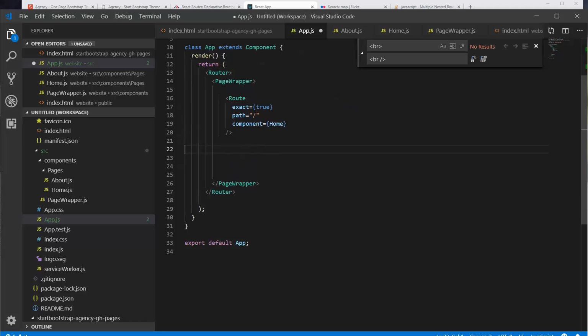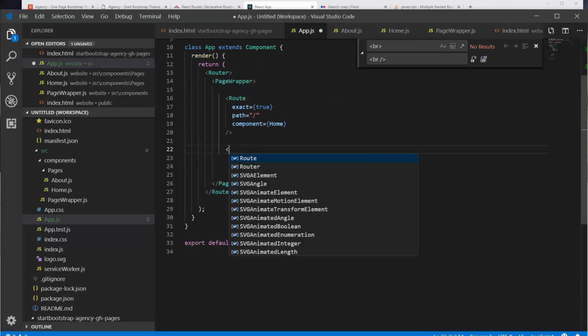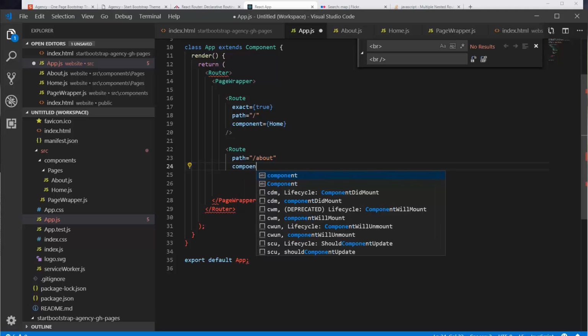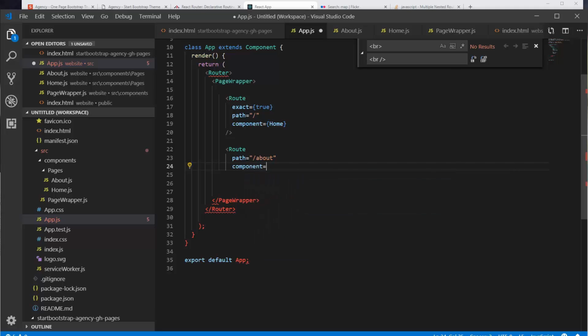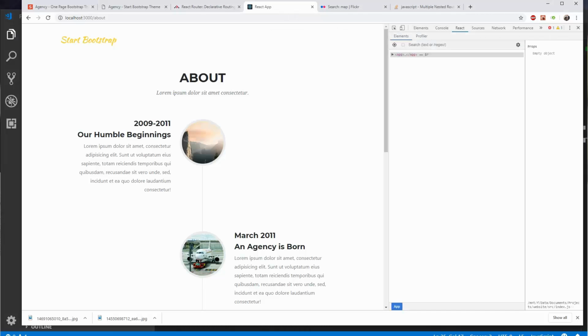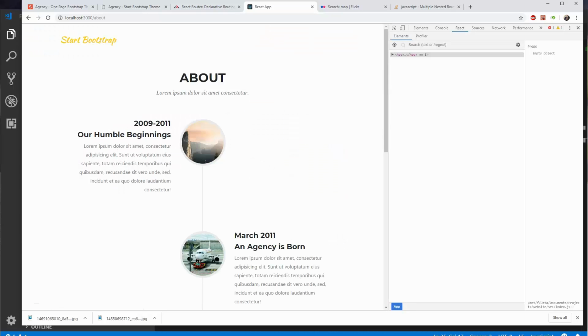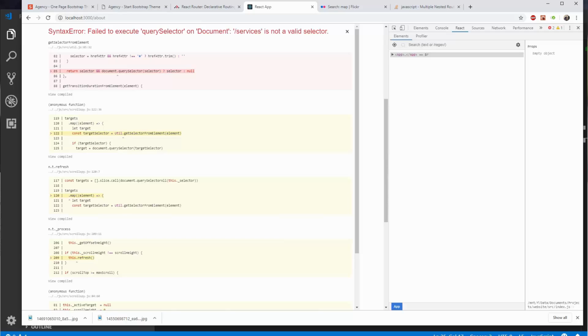And then down here we're going to write a route for it. So route path equals /about, component is going to equal about, and then we just close this. Save it, and now we see it here, and we have a new problem, and that's that the header,